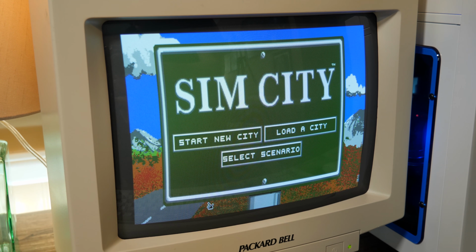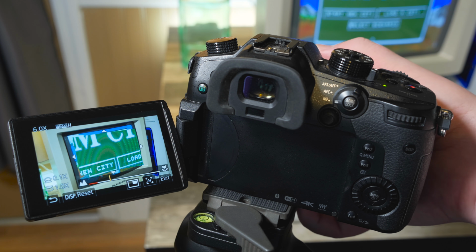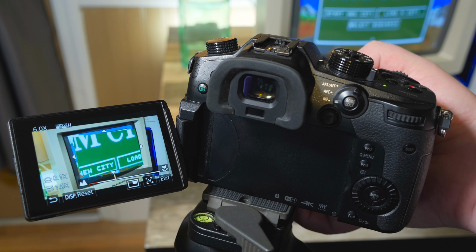So what did I do about it? Well, I've tried all sorts of different things when I had the GH5. Really the first most obvious thing to do is just focus the camera a little bit differently, and that usually means getting it slightly out of focus. You can eliminate it by getting that aperture grill or the shadow mask or whatever is on your CRT slightly out of focus so that it's not so sharp on the image on screen, and that will usually get rid of the effect.